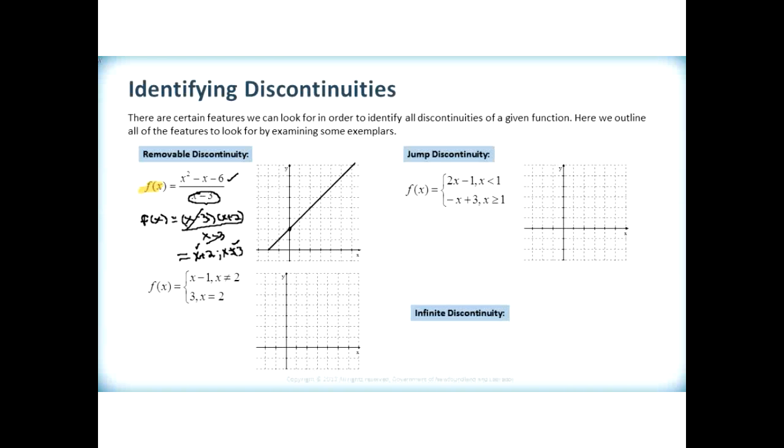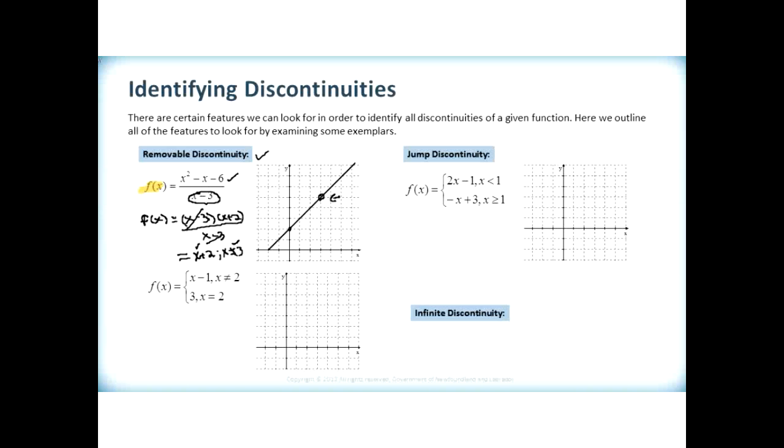But remember, that's not quite correct, because at the point where x equals 3, we've got some trouble with this one. So we go over to where x equals 3 and up to our graph, and right here we have to punch a little hole in our graph and put an open circle. So that point there can't be colored in at all, so that's not shaded. That's an open circle, and what we say about that is that that's one of our first two types of